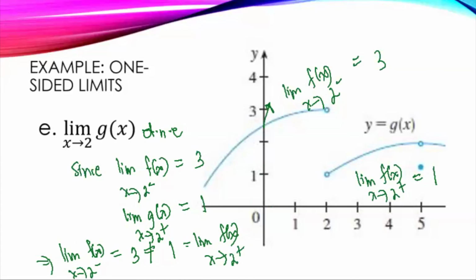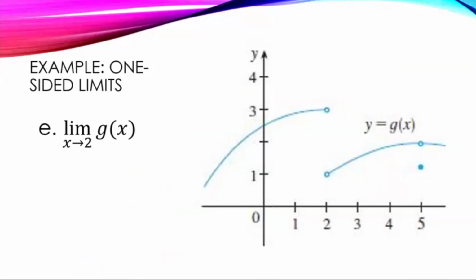So, that's how we find the limit of f of x as x approaches 2 from the left and from the right. And we were able to determine that the limit of g of x as x approaches 2 does not exist. Okay, so next,